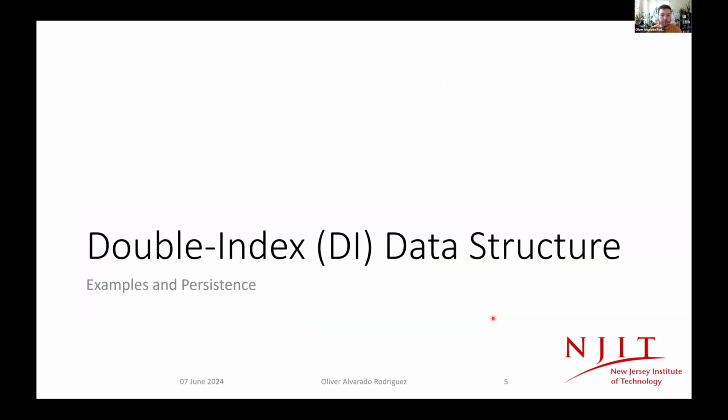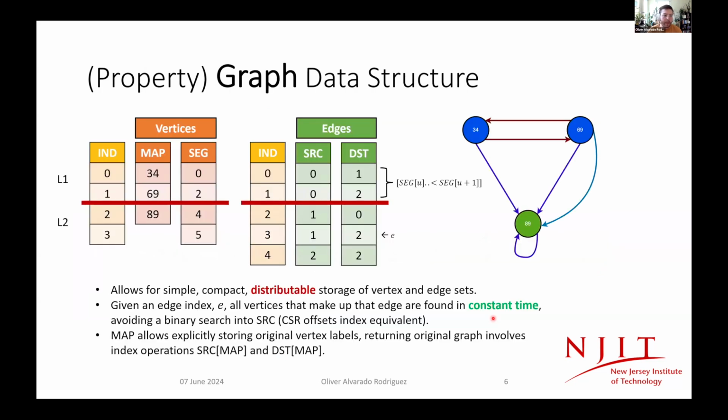So now we will show some examples and a brief overview of the objects that allow us to persist this data in the Arkouda symbol table. Here we show the arrays that make up our graph information. This example here is built directly from the sample graph on the right. The edges are stored in the SRC and DST arrays, which are sorted. Given some vertex u, in this case if u is 0, you can find its adjacency list in constant time by performing a slicing operation on both source and destination